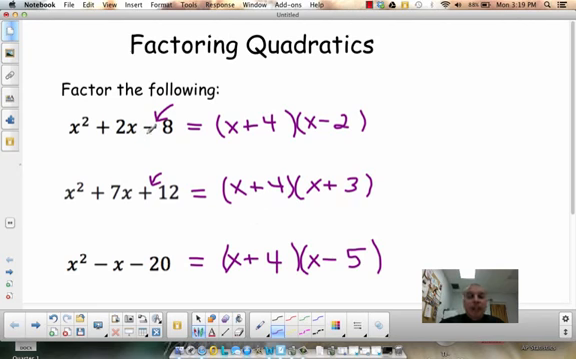Remember that this sign is going to tell you whether or not they're going to be different or the same sign. So if I see a negative here, it means my signs are going to be different. If I have a positive sign here, that means my signs are going to be the same and they're going to be positive based on this example. Okay? There's just 3 quick